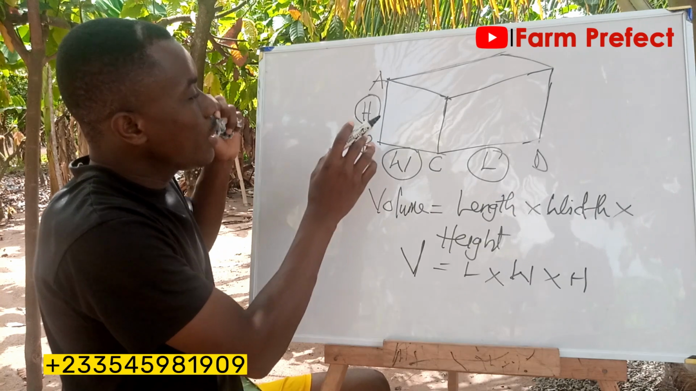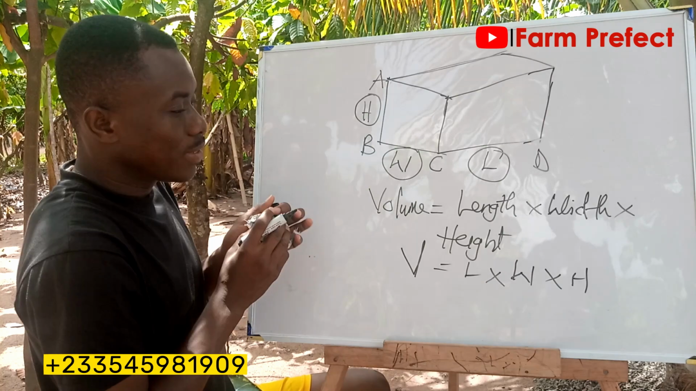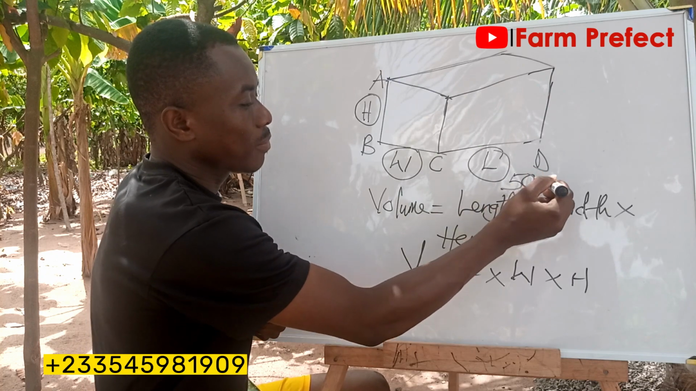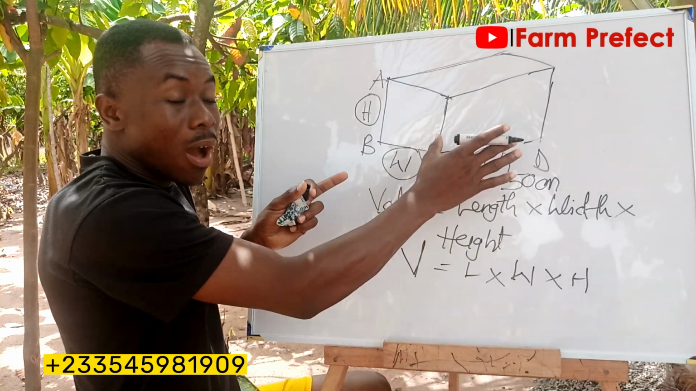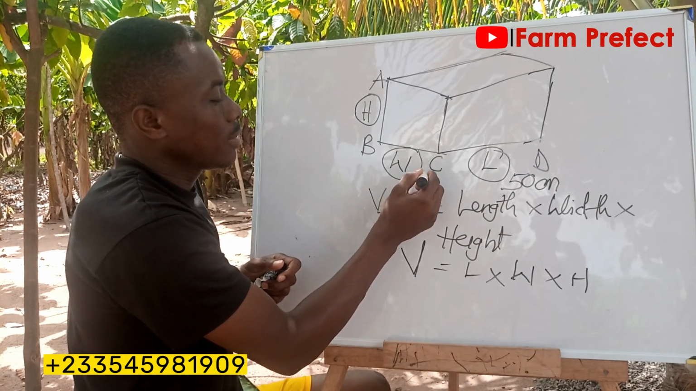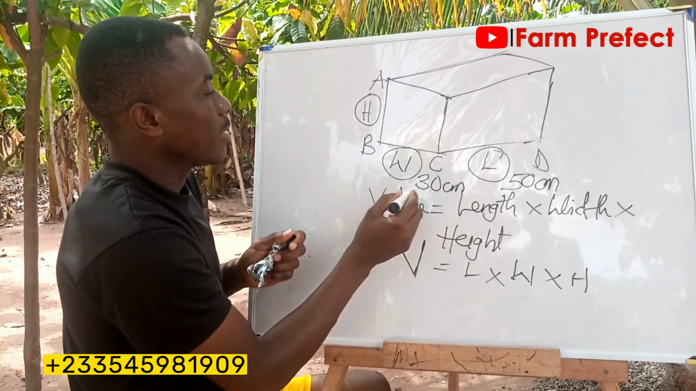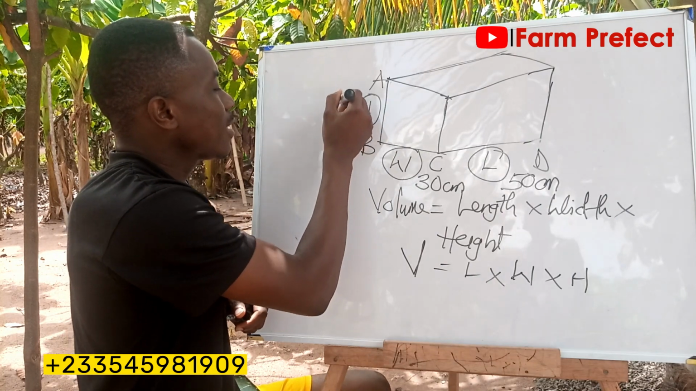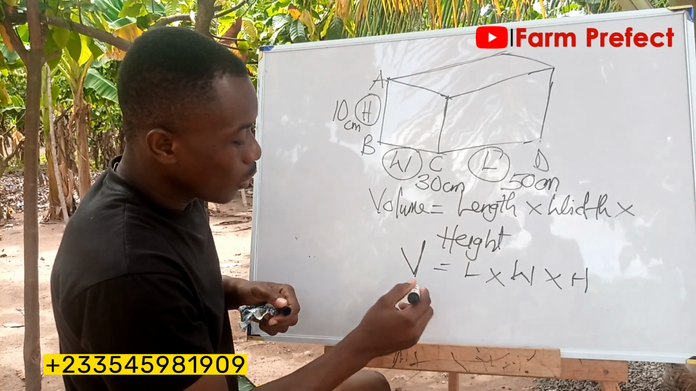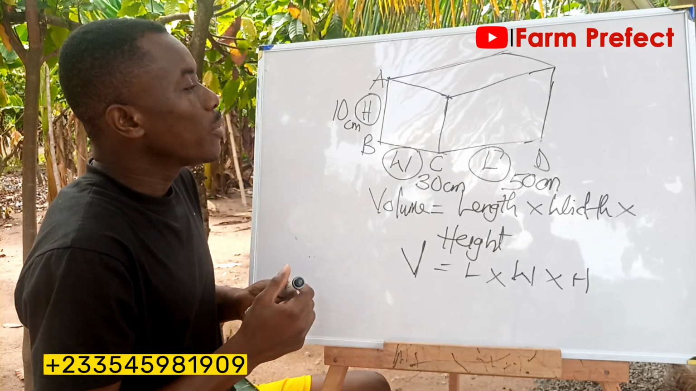Now, you see, when it comes to the height, let's do this. Let's say that the length here is 50 cm. Okay, the length of our pond is 50 cm. Then let's say the width is 30 cm. Okay, the width is 30 cm, and let's say the height is 10 cm. Okay, now, there is something I want you to know. In every pond, there is